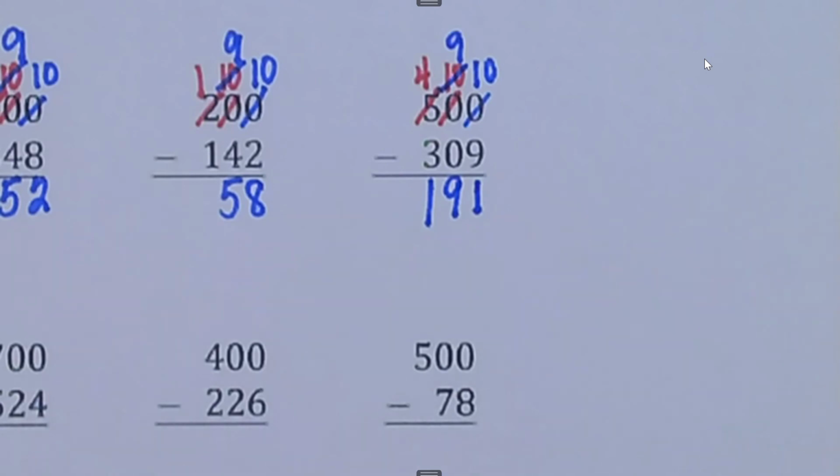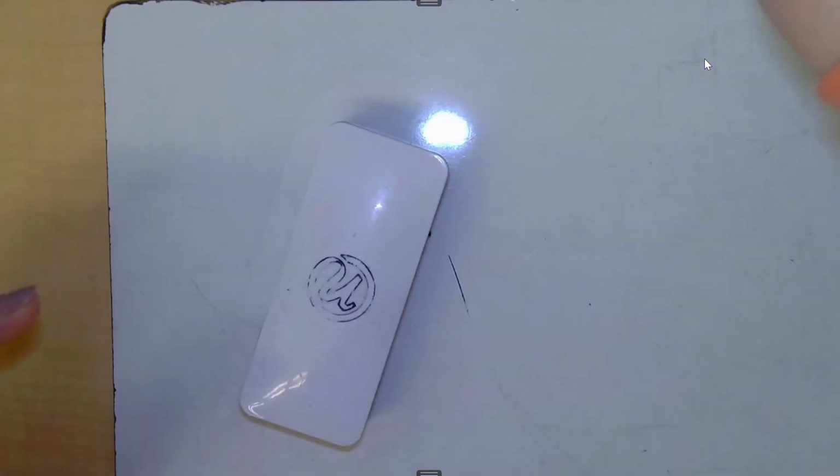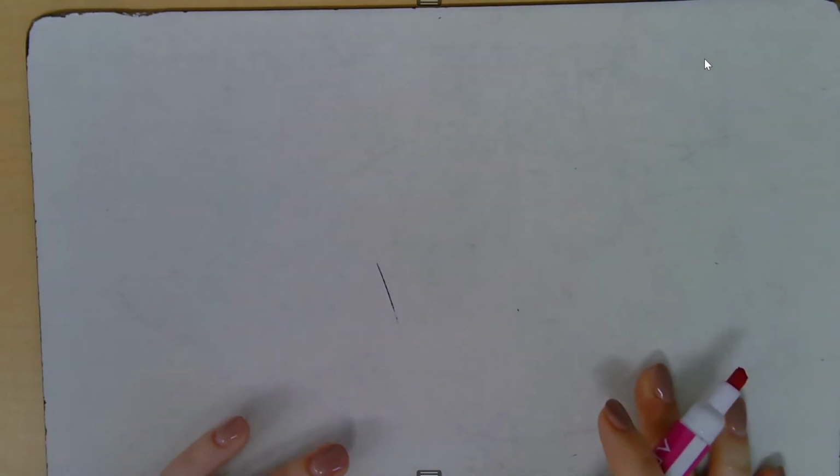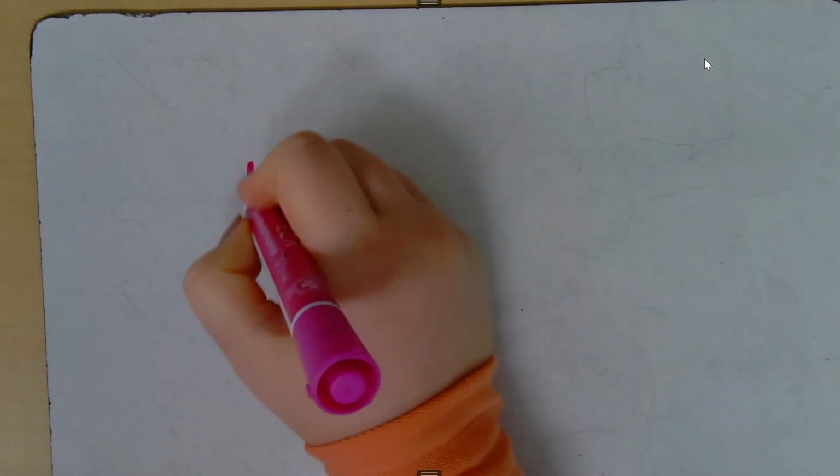Okay, let's do one for fun. Let's do a really big number, and let's see if you can do it. So erase your whiteboard. I'm going to grab my whiteboard. Let me zoom out. Okay, let's pick a really big problem. Let's say